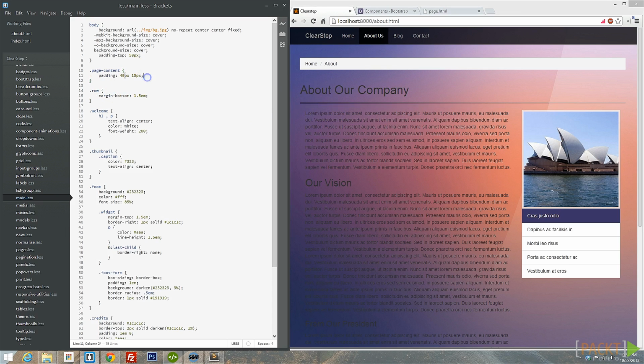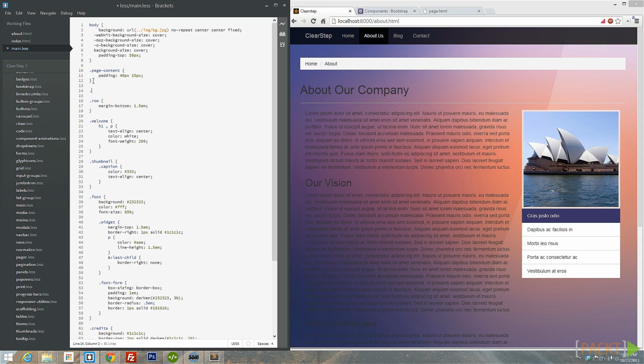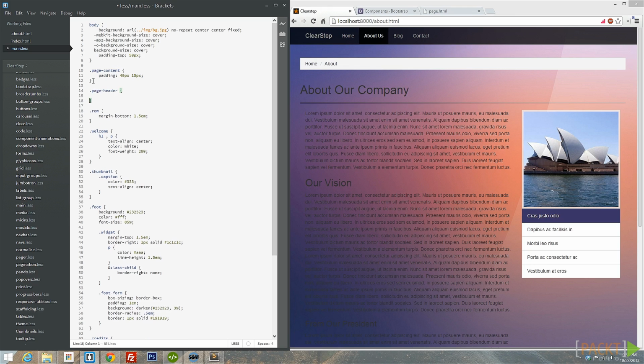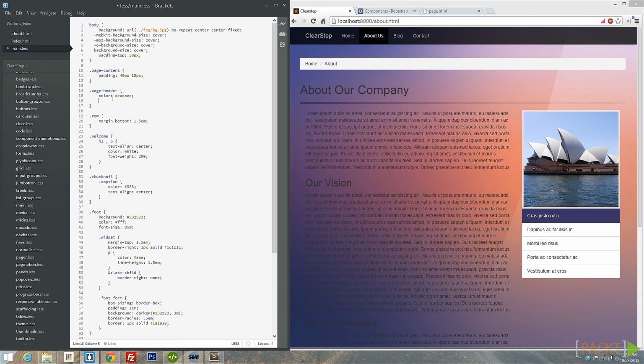So our page content within our main.less file, remember we're going to use less to compile this file out, and we're going to use that to place upon our site. So right below page content, let's open up another one and call that page header, because that's what we need to adjust. And we'll take that, and I'm going to give the page header, I'm going to give those the H1 a color of EA, that border bottom